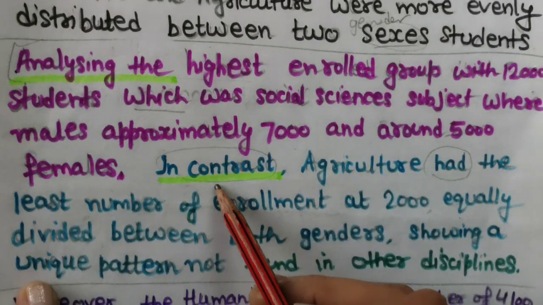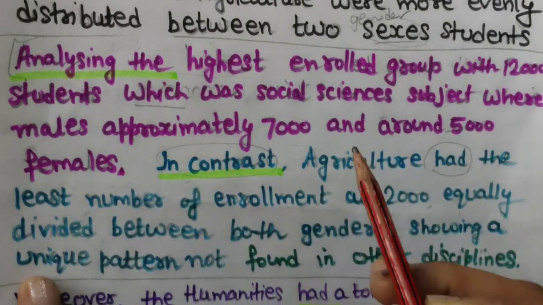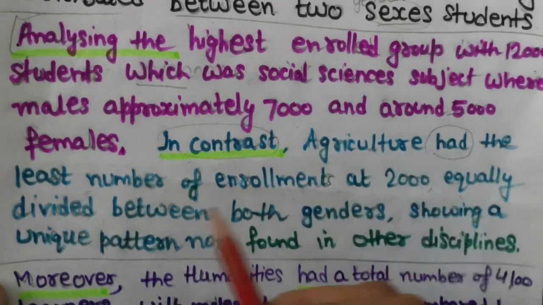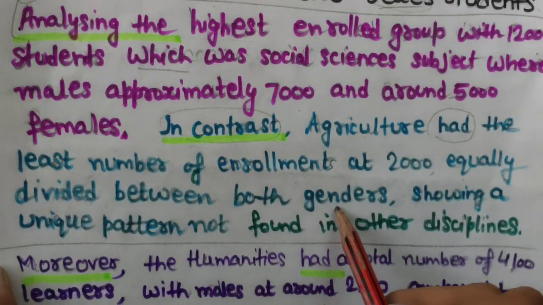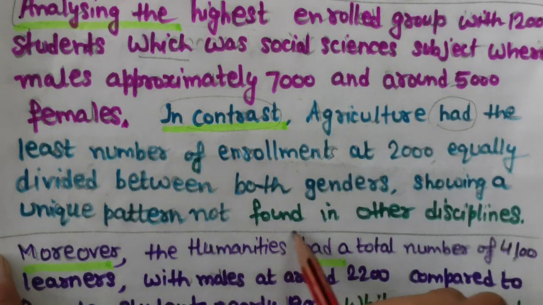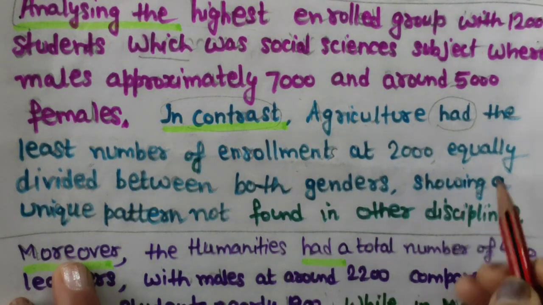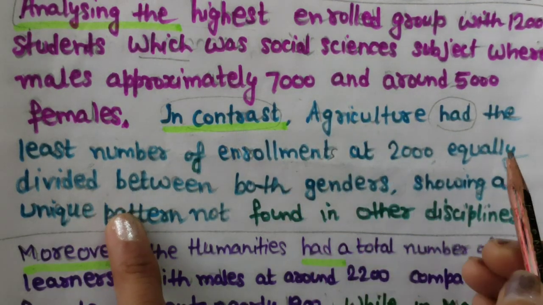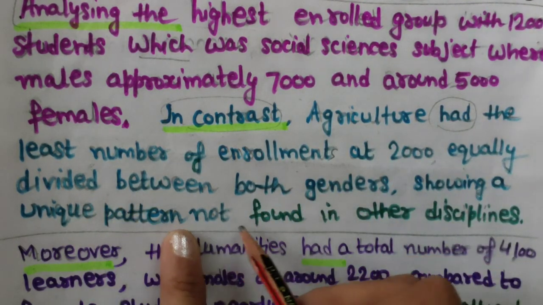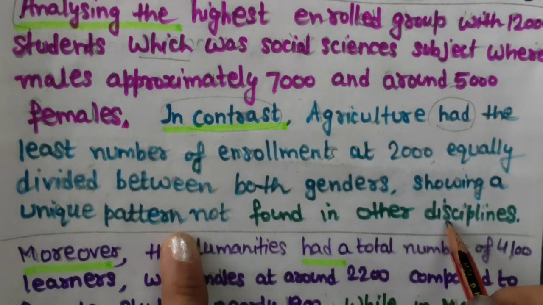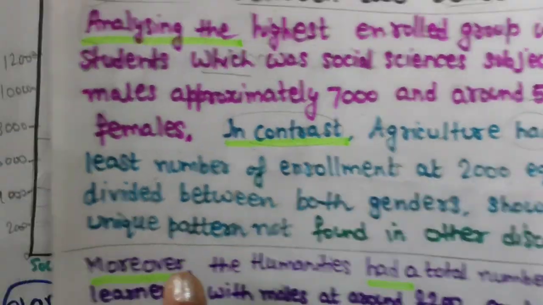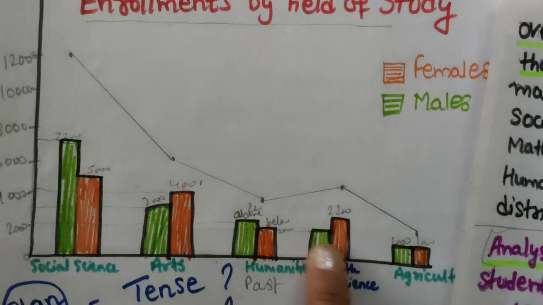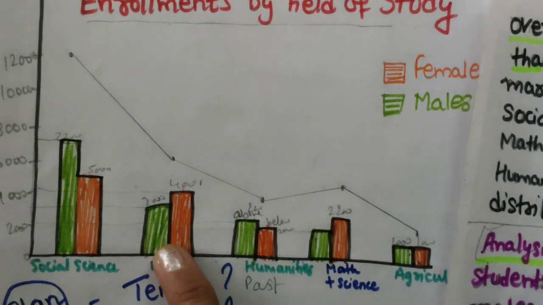Okay. In contrast, now the lowest one I am writing. Agriculture had the least number of enrollments at 2,000, equally divided between both genders, showing a unique pattern not found in other disciplines. Means I am giving you that this is the least enrollment subject, and this kind of pattern is not found in any other discipline. So now we have completed this and this category. Now we will write about this, and this also we can write starting with this also, but I have started